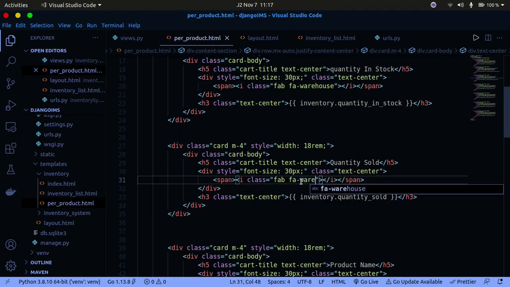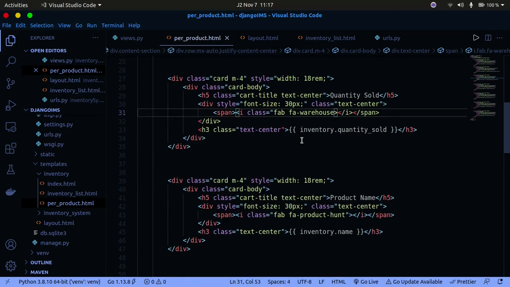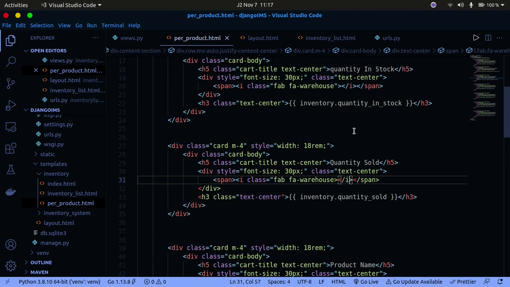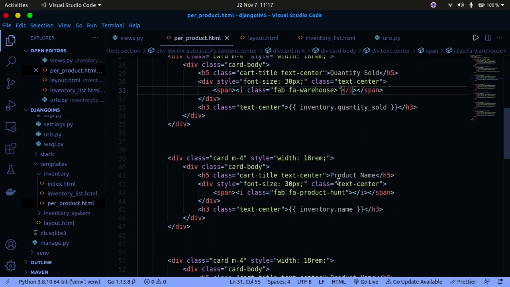So it's going to be warehouse, just like that, FA warehouse. And then make sure, I think I have an error here. Okay, I think I made an error, I forgot the strings, right? So make sure you keep that double quote right there, and then we can go ahead and the next one is going to be